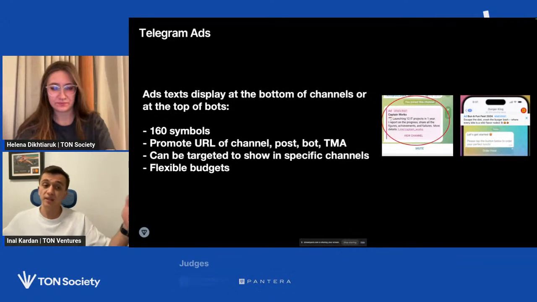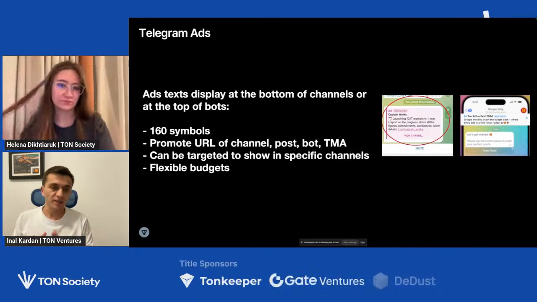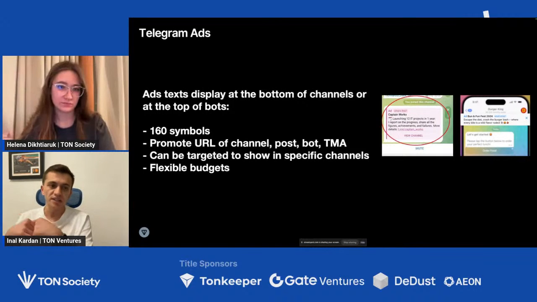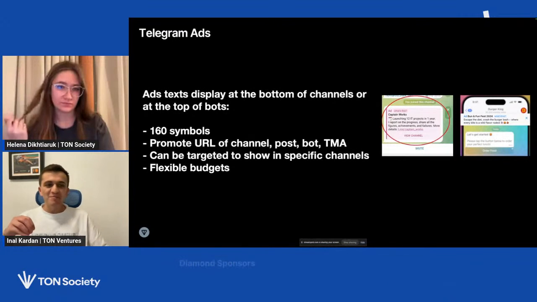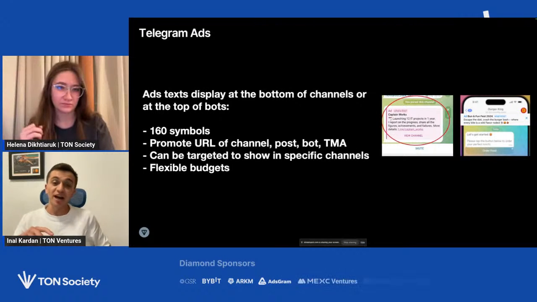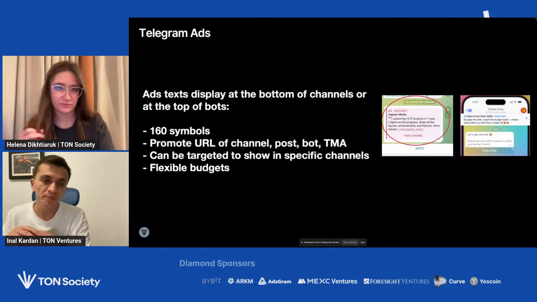It depends on the market, it depends on the language, it depends on whether you target specific channels or not. But again, Telegram ads is one of the best acquisition channels. What are the limitations? First, not more than 160 symbols. And moderation, to be honest, according to our experience, is quite harsh. You cannot put sketchy things, catchy things, sorry, catchy names, titles, wherever. You cannot use too many emojis. Moderation can take a long time. By long time, I mean days. So you have to be cautious with what you actually put in your ad.